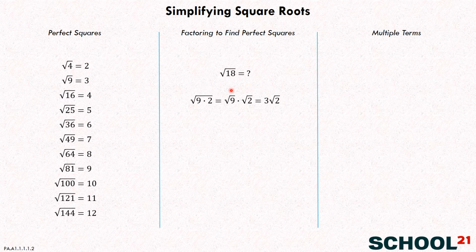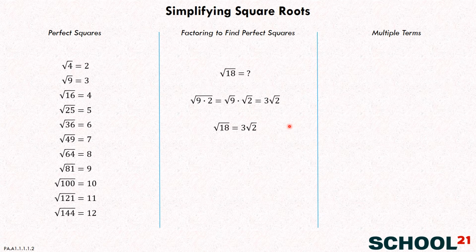Well, what's the square root of 9? 3. 3, right? And we know that because it's one of the perfect squares right over here. So then we can simplify this to 3 times the square root of 2. So the square root of 18 is actually 3 times the square root of 2. And that's a little more manageable than just the square root of 18, because that's a number we can't easily estimate. But now that we know it's 3 times the square root of 2, it's a little easier to get a hold of.